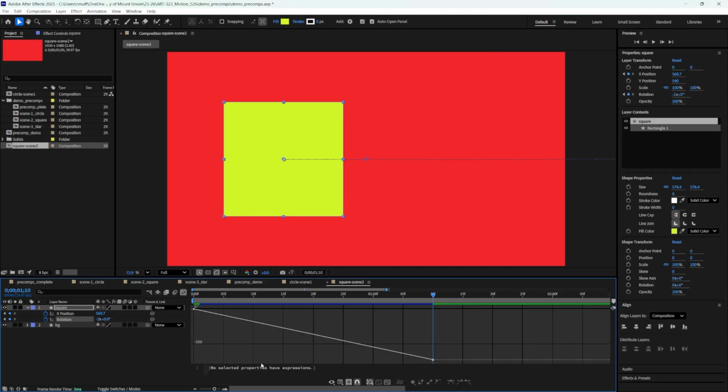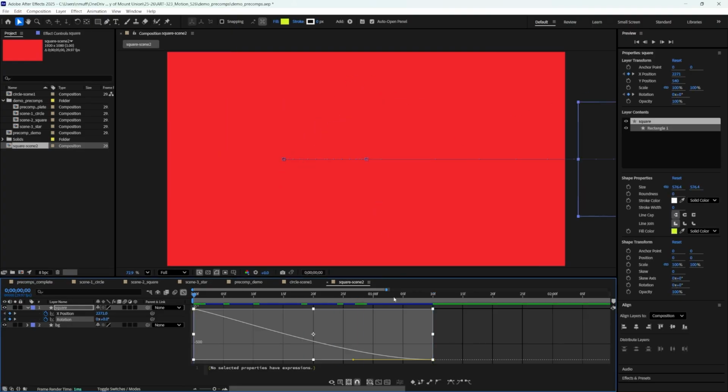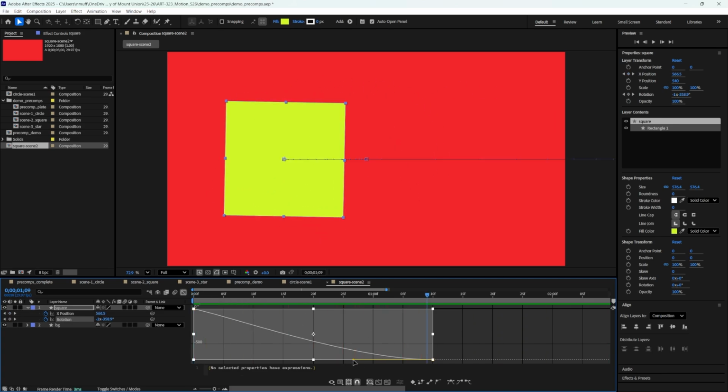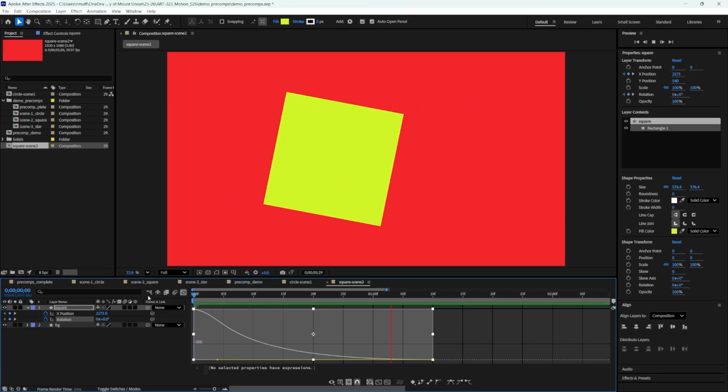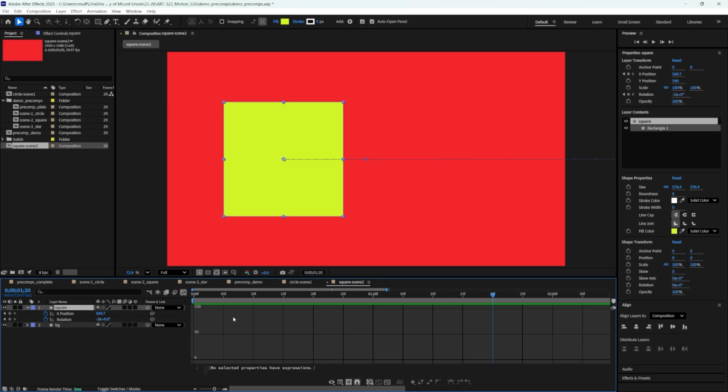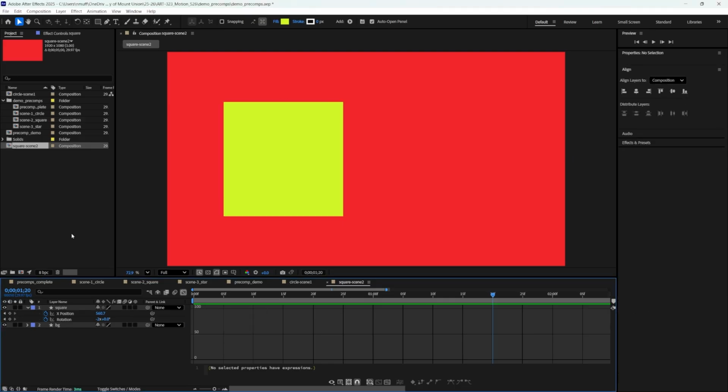And then I think I will ease these in so that it slows down at the end. Oop, it's auto-saving, that's okay. Looks pretty good, but I think I want it to be a little slower towards the end, so I'm going to give this a little more influence. Yep, that looks okay to me. So these are already in a pre-composition. If I back out to my